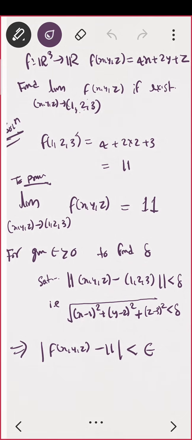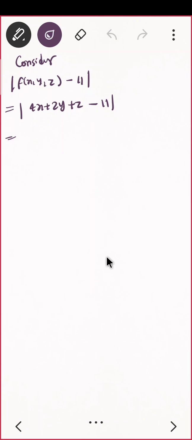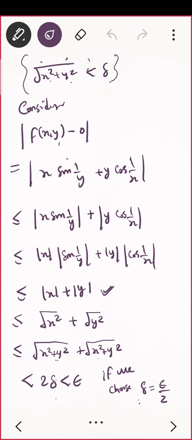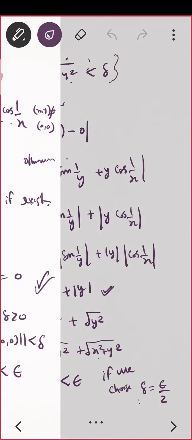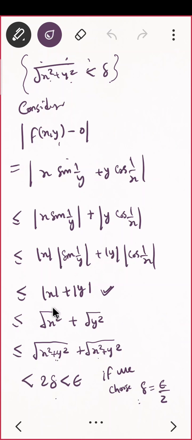Do you see? I had given you a hint. The hint was to use the previous one. What did we do? From here we came here, and once we came here, everything was easy. Correct? So can you make this in that form? But there your limit was 0, 0. So when your limit was 0, 0, it is mod x, mod y.